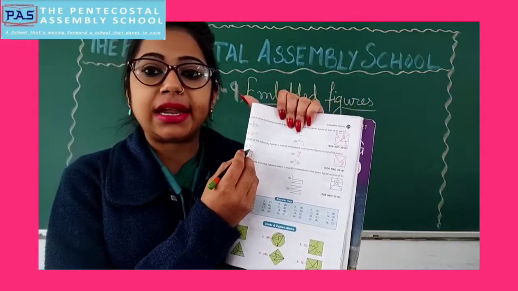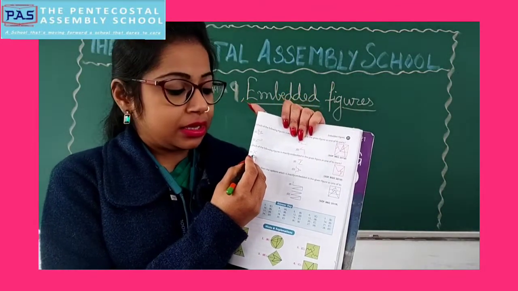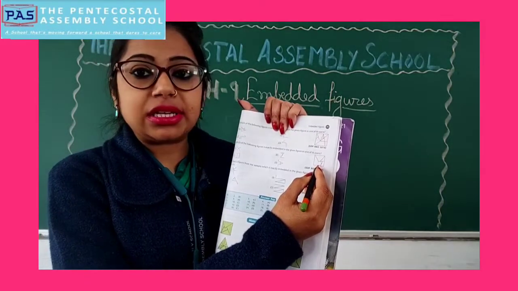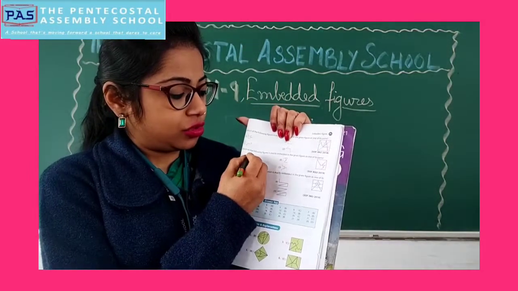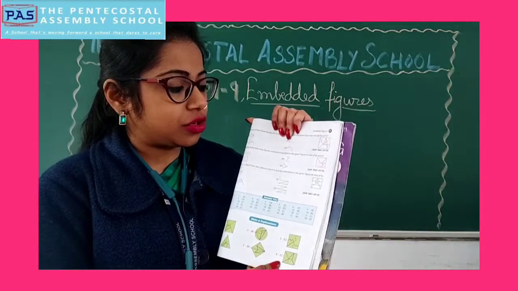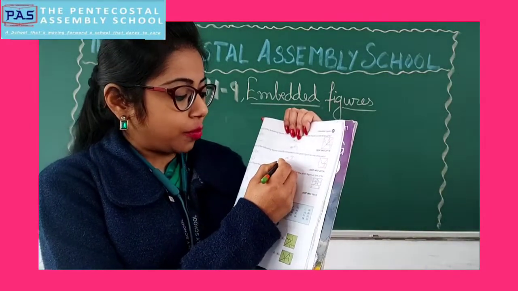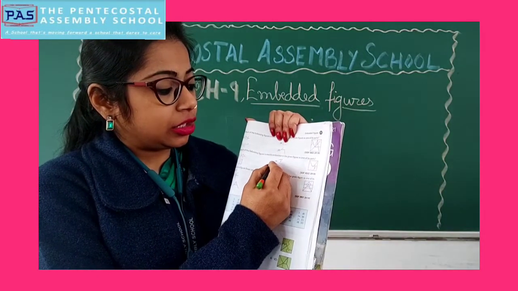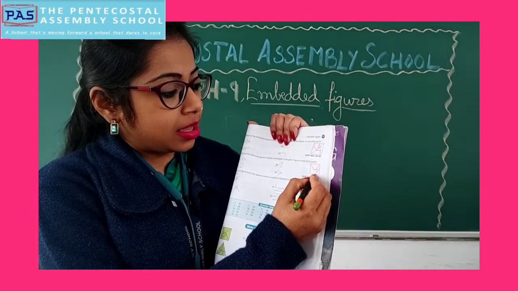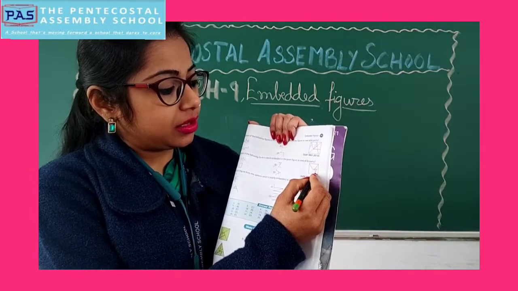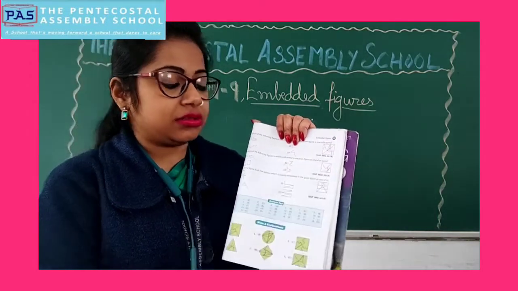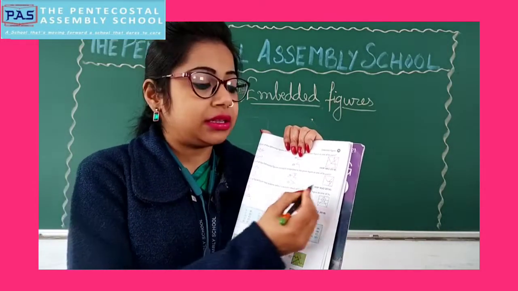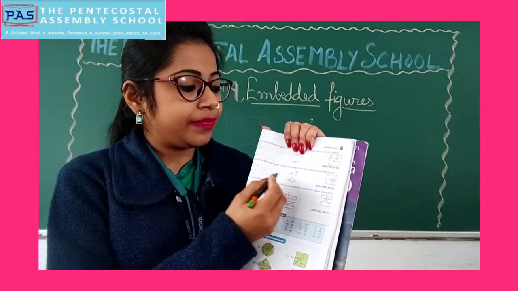Here you can see there is an X in option A. Is this figure embedded in this figure? No, I cannot see an X here. So this will not be your answer. Let us check option B. Yes, I can see option B here, a Z kind of shape and an A. So option B is your answer. The figure given in option B is exactly embedded in this figure. So your answer will be option B.